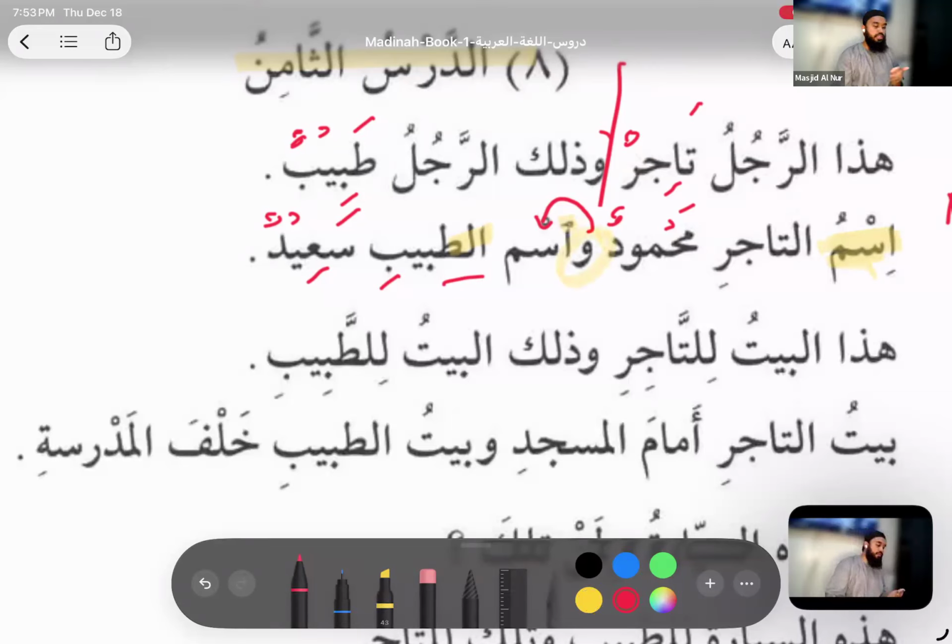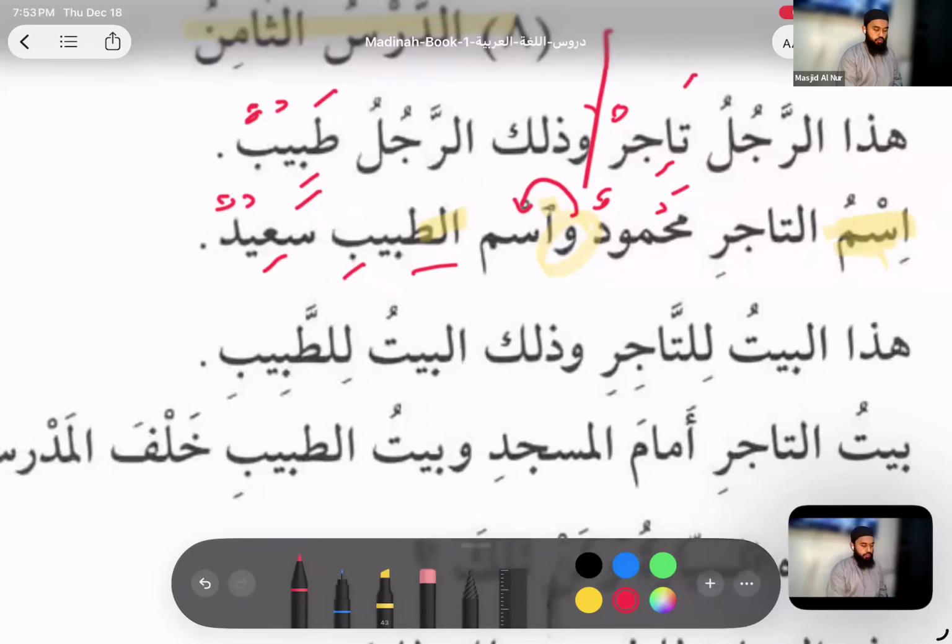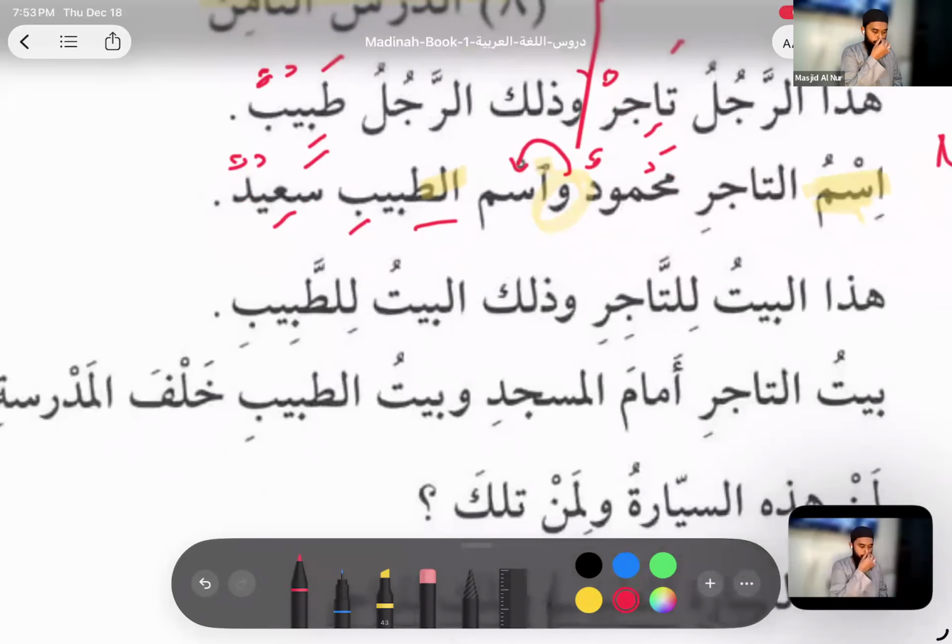So it's a sentence, right? The merchant's name is Mahmoud and the doctor's name is Saeed. That's all they're saying over here. Okay. I'm not going to write the translation down. Should I? I think you guys know it by now, right? The translation, these are all old words. We've done these words many times in the past. If someone wants me to write the translation, I'll do it, definitely. I think it's quite easy. Someone on site, give it a try. Next one. For the sabab, let's go.